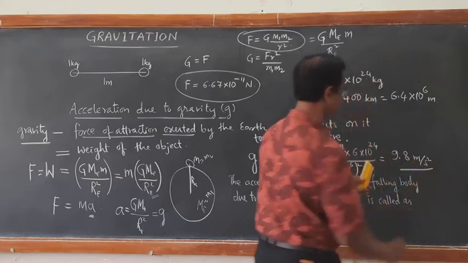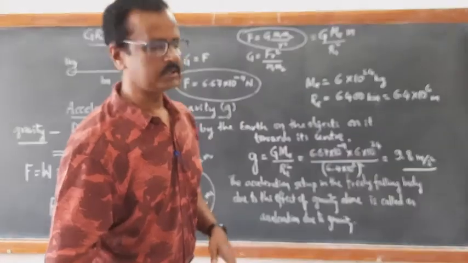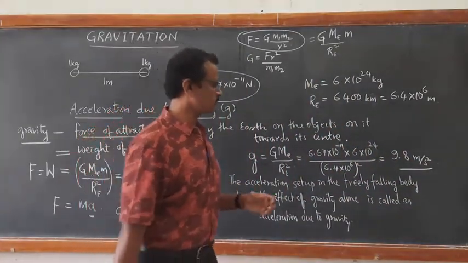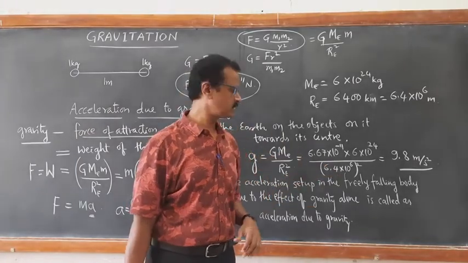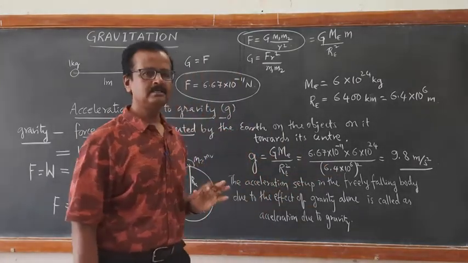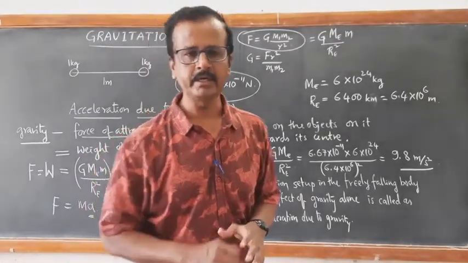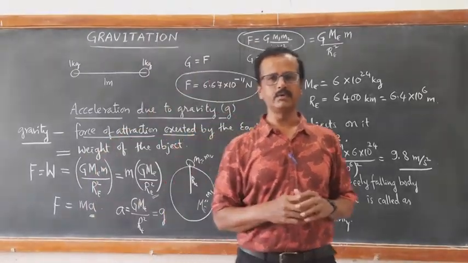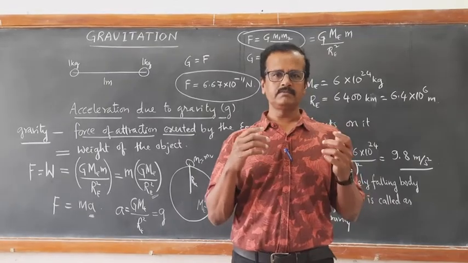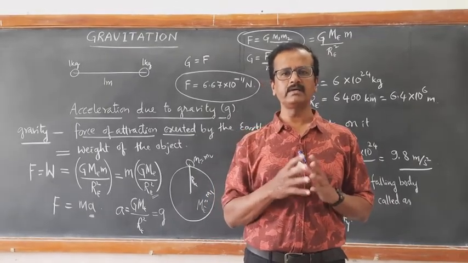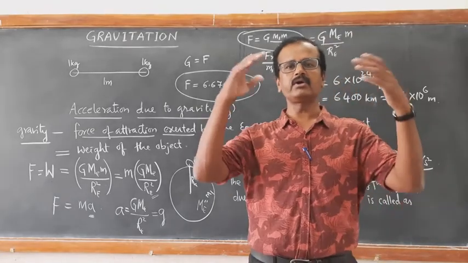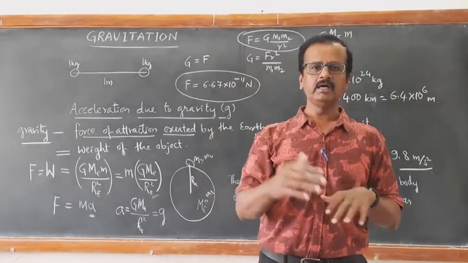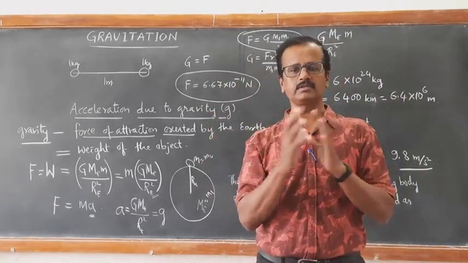So this is what we take as an almost constant value for those objects which are close to the surface of the earth, which are falling very close to the surface of the earth. This is what we call acceleration due to gravity. Okay. In the next video session, we will discuss the factors on which the acceleration due to gravity depends. The acceleration due to gravity varies according to height, according to depth, and according to the rotation, the spin motion of